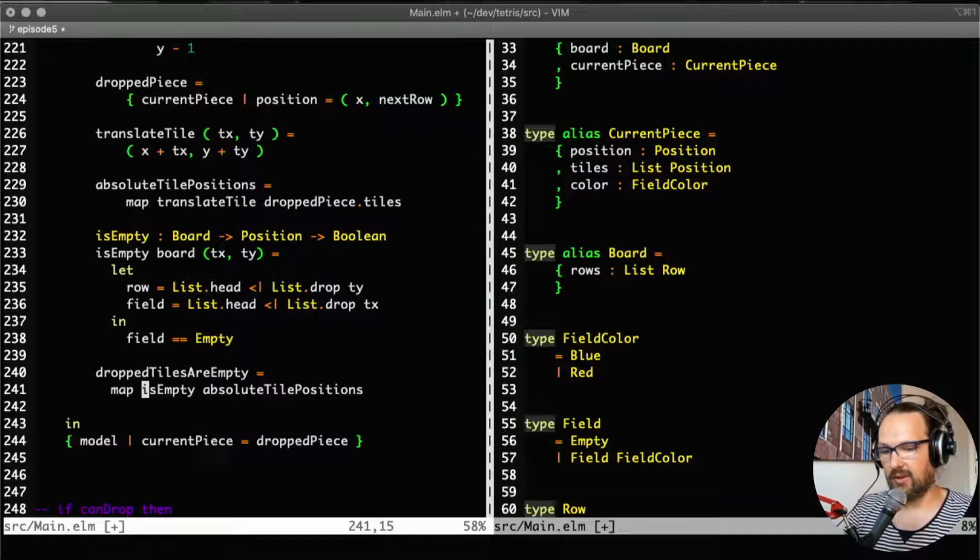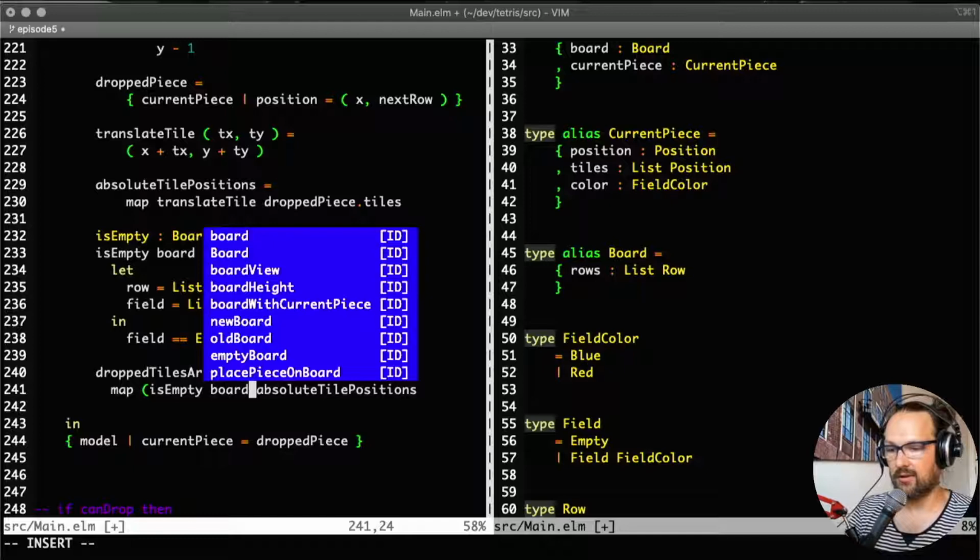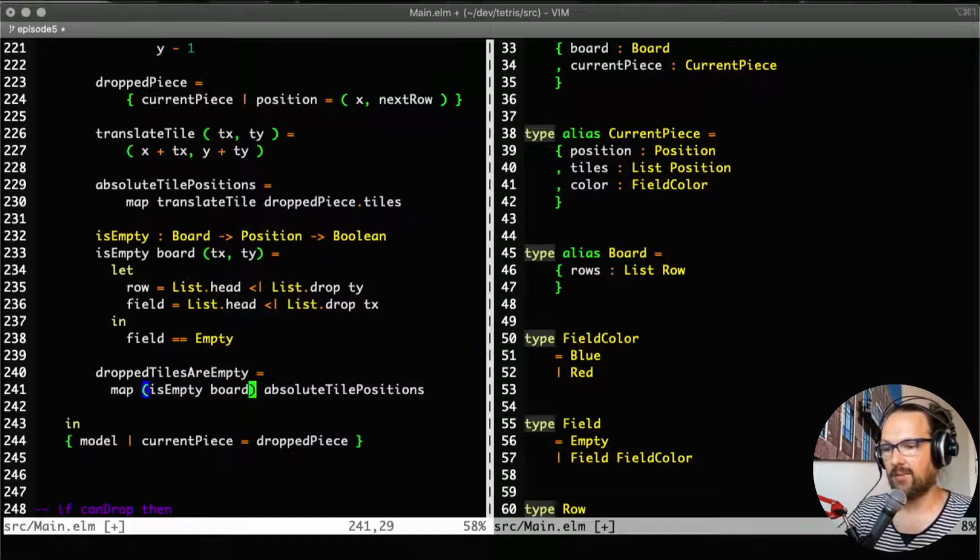And this way we can now partially bind the board to the isEmpty function. So effectively, by the partial application we are removing this first parameter, and then we end up with a nice function that takes only a position and returns a Boolean. So what we end up with, if we map over